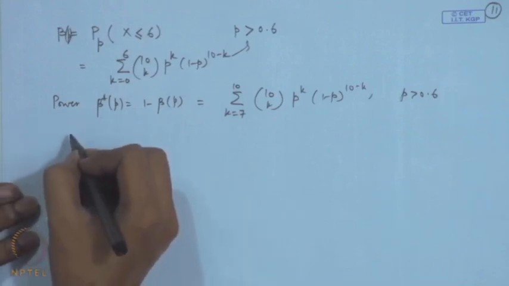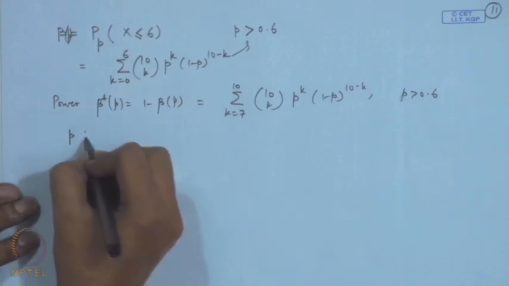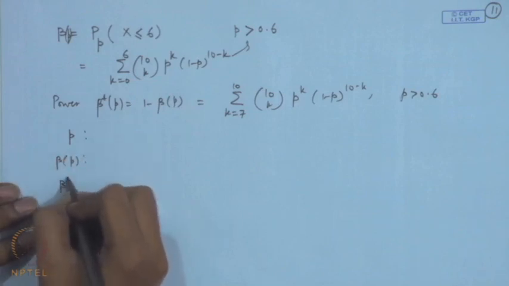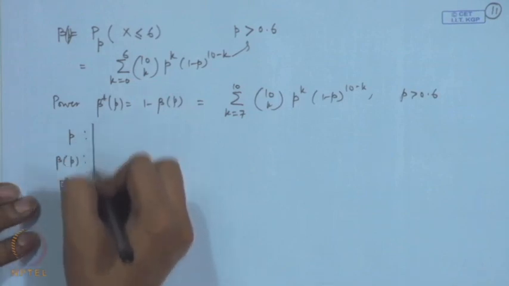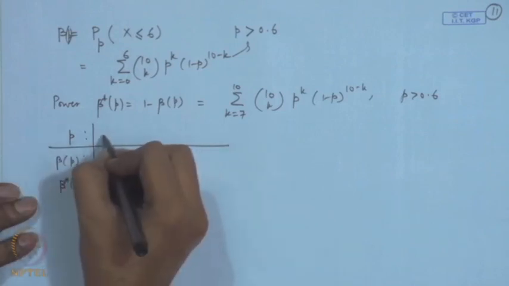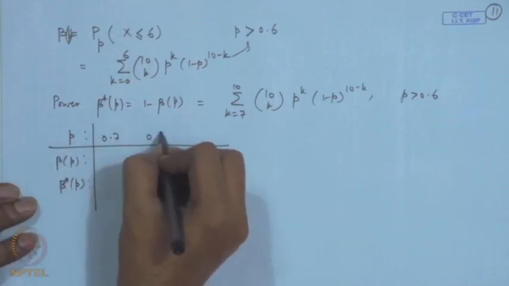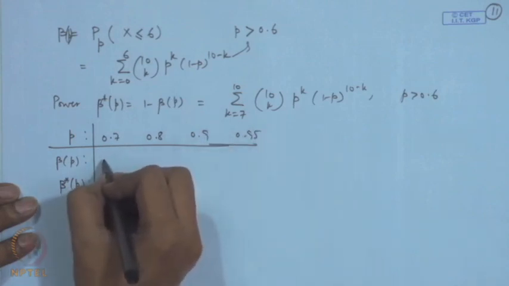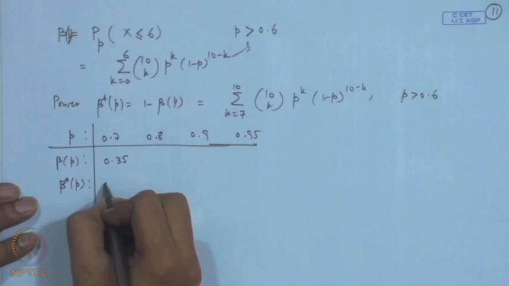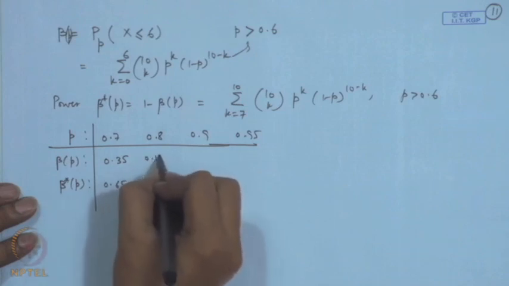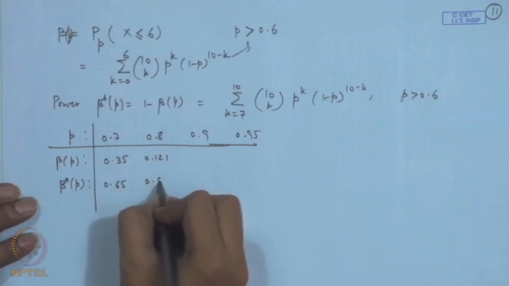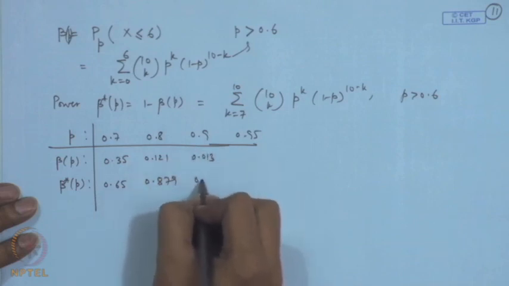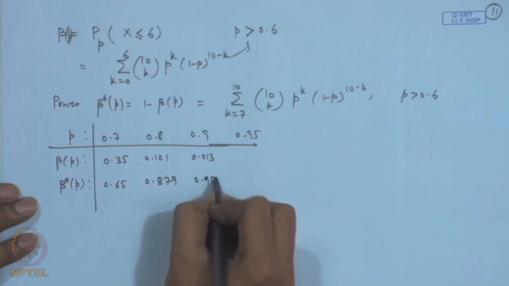I have tabulated these values for different values of p. You can see it from the tables of the binomial distribution at 0.7, 0.8, 0.9 and 0.95. This value is 0.35. So, this is 0.65, 0.121, 0.879. At 0.9 it is 0.013, this is 0.987 and